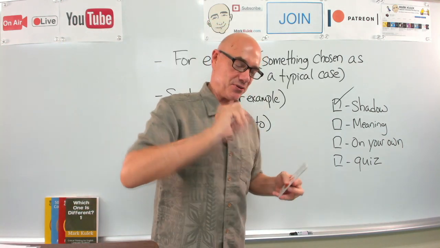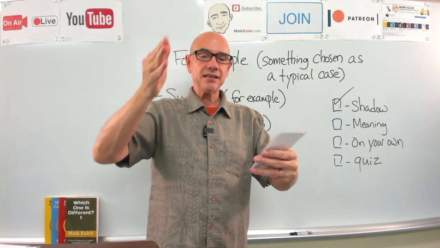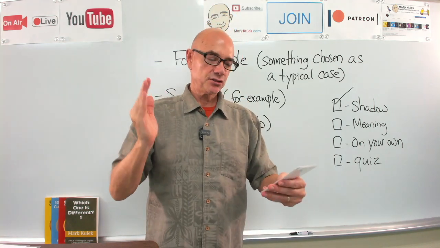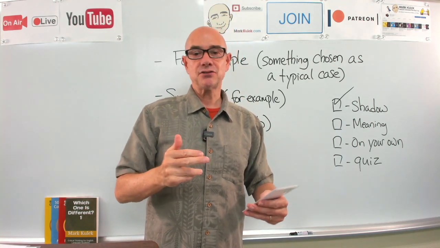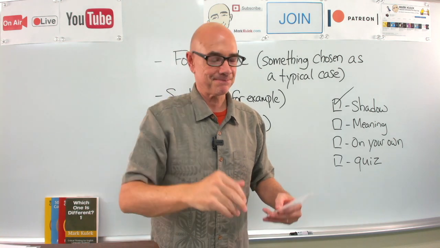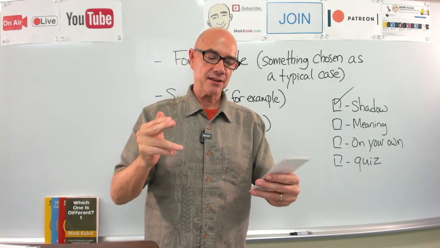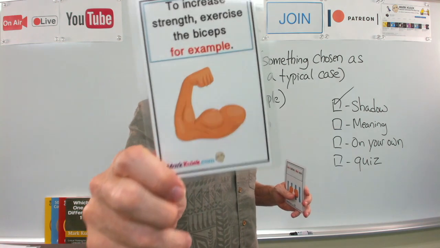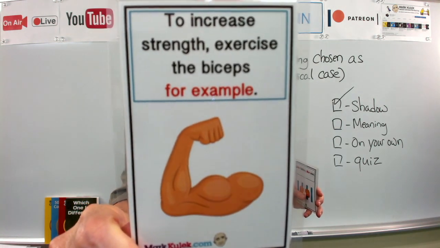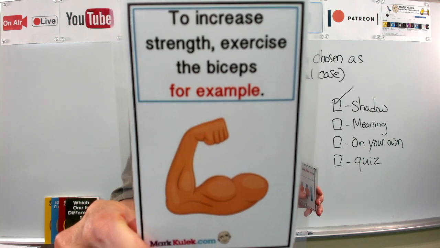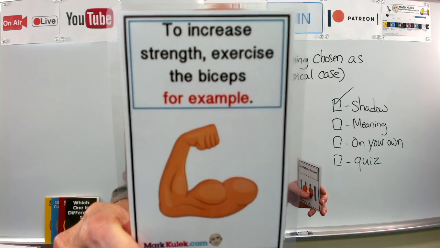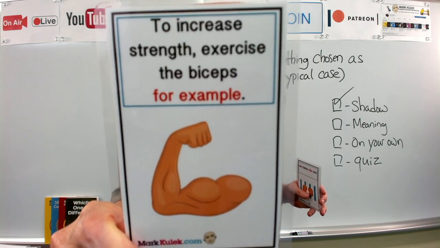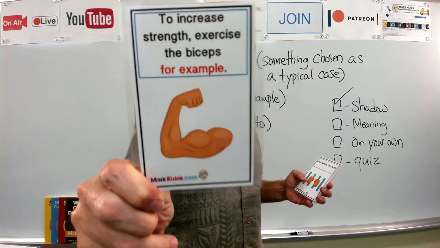Okay, good. Card number 3. To increase strength, exercise the biceps, for example. Okay? To increase strength, exercise the biceps, for example. So increase means to